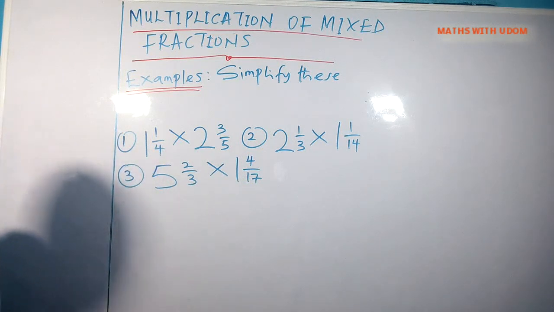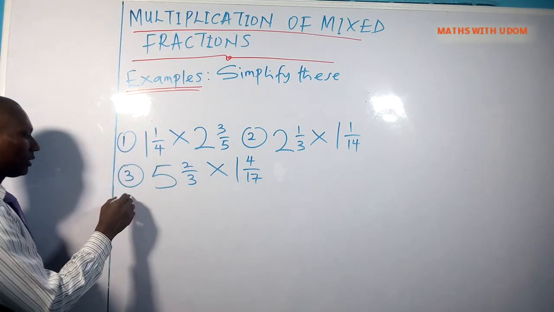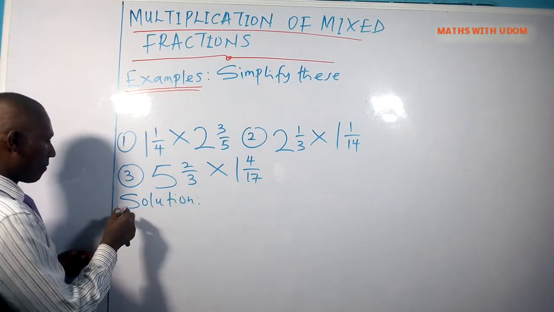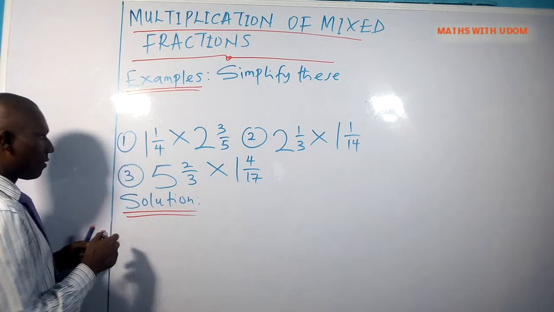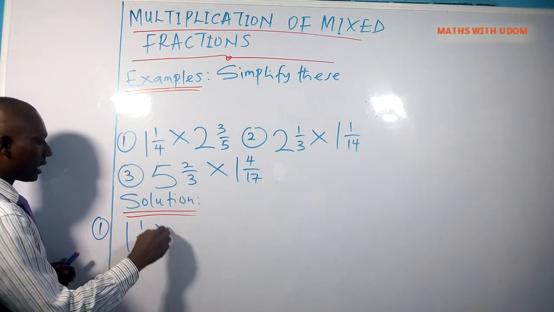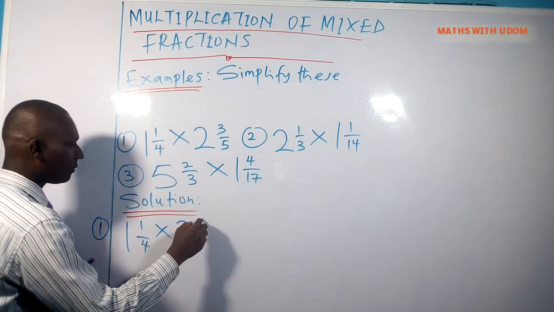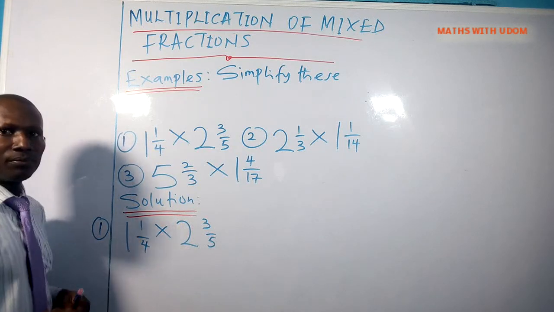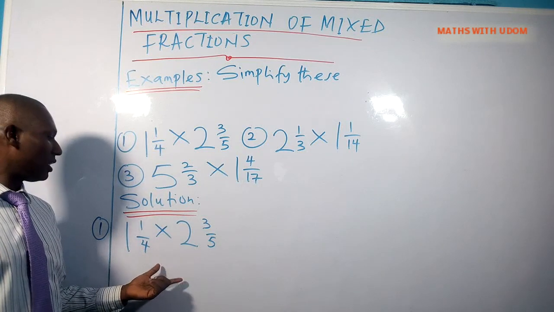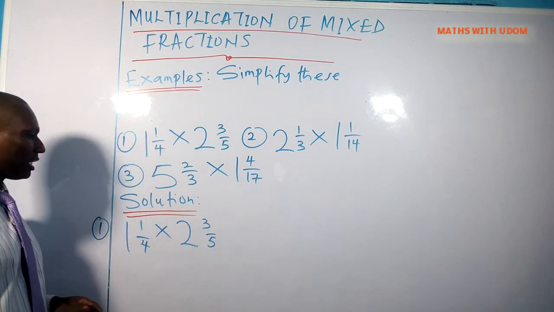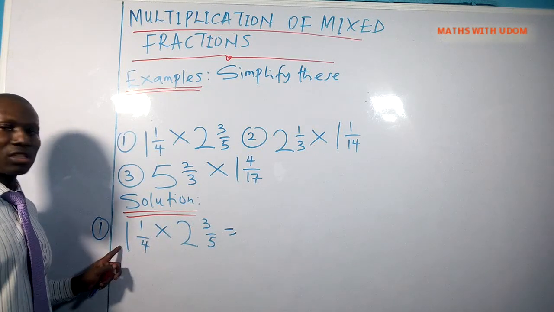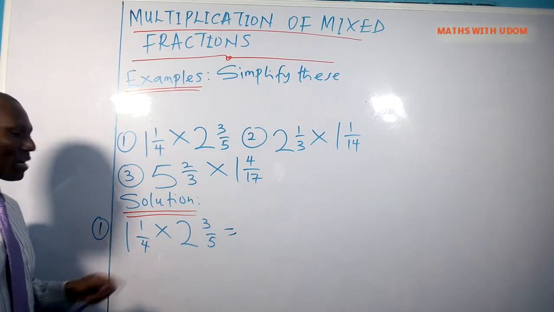Okay, so we are going to start with the solution. Let's start solving them. For number one, we have 1 whole number 1/4 times 2 whole number 3/5. As I told you earlier on, the first step is to change all these mixed fractions into improper fractions. So 1 whole number 1/4: 4 times 1 is 4 plus numerator 1, that is 5. So we have 5/4